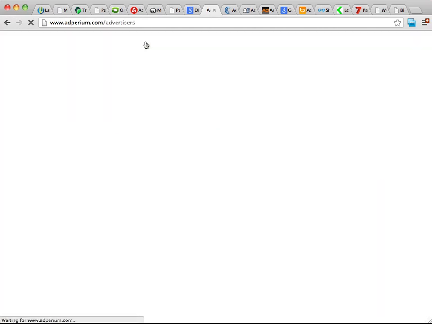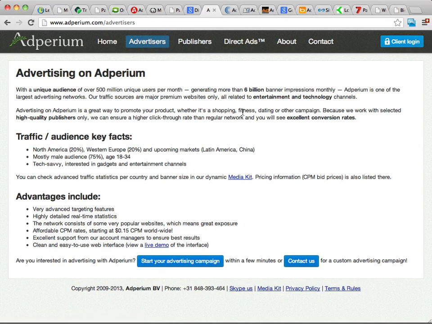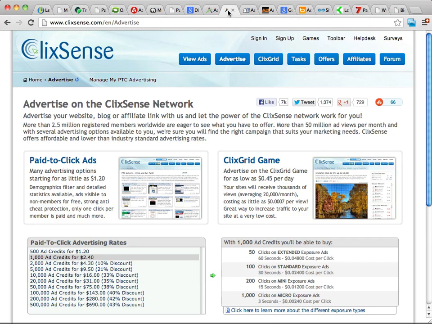You can learn a lot about their network, where their traffic comes from. You can see right off the bat that they're a mostly male audience. A lot of traffic coming from North America, Western Europe, tech-savvy audience. So you can learn more about Adperium right at adperium.com, but they're definitely a network worth checking out because they do flow a lot of traffic.